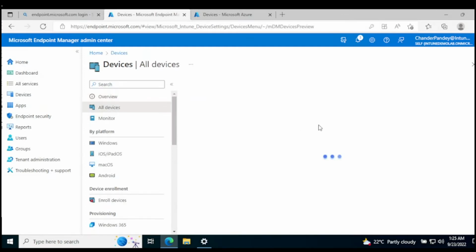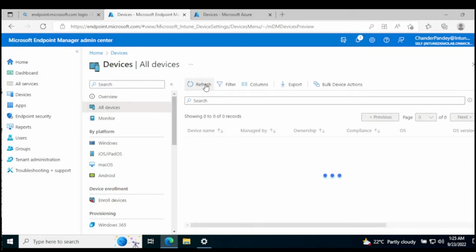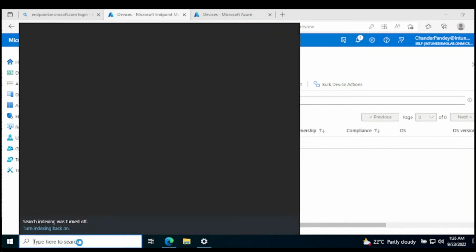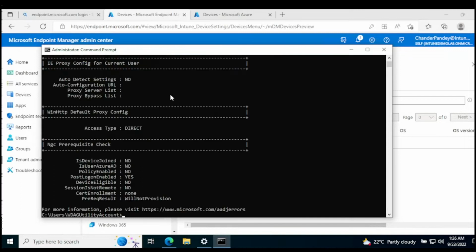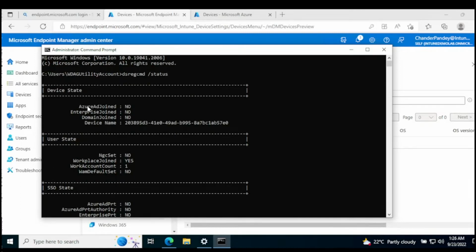Let's see. It's not showing. Now if I run CMD and then run the dsregcmd /status command, then we can see that this machine is not Azure AD joined, not domain joined. This is the machine name. Workplace Join, we talked about that. This machine is Azure AD registered, and this is registered by user. Then I'll check that one